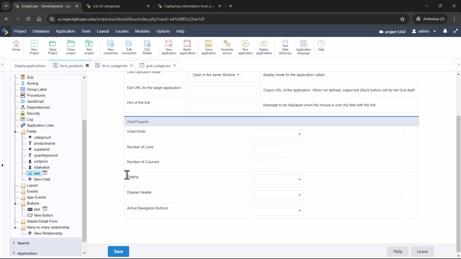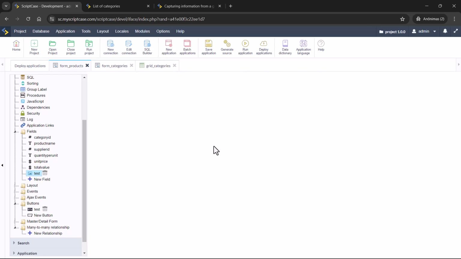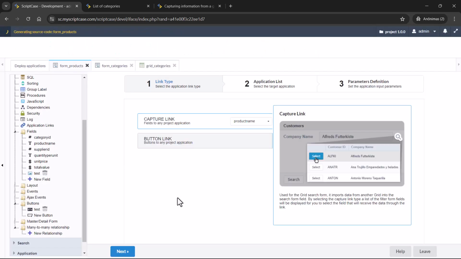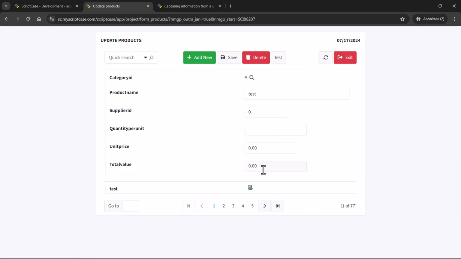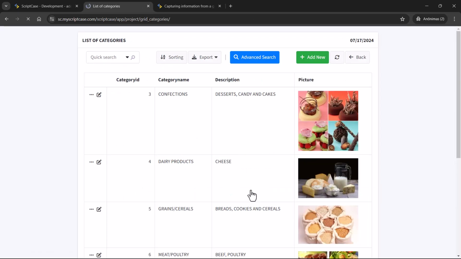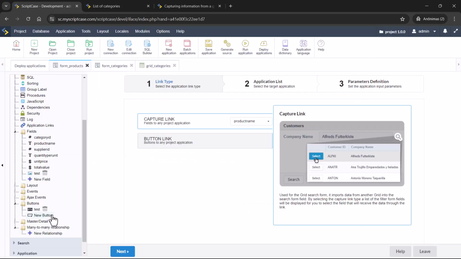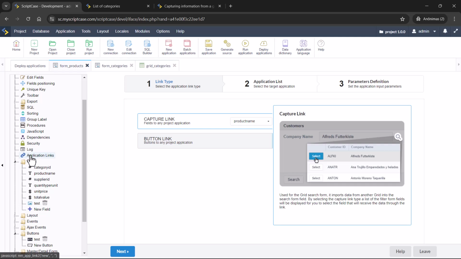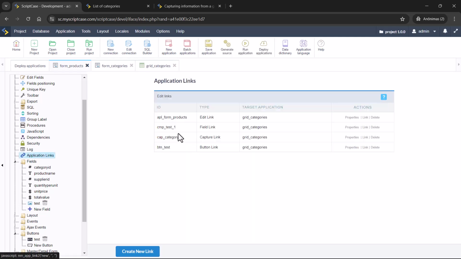Then here you have properties again for you to set the window. So we have different options to create links. If we go back here to application links, we have the button link, we have the field link, we have capture link, and also the application link.